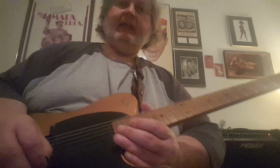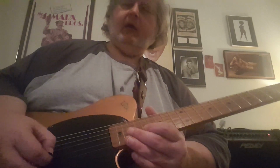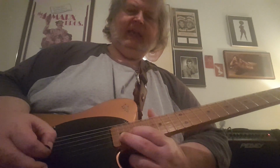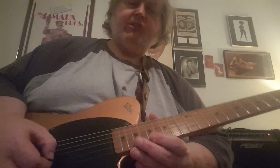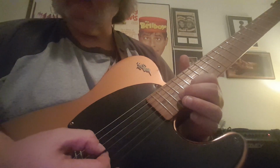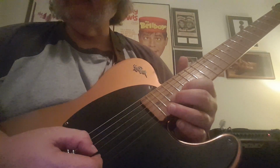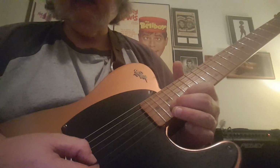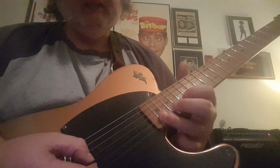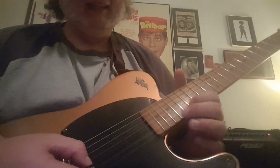And then there's one other harmony line just to that part that goes, see. And that's 17. This is on your B string at the 17th fret. 17, 19, 21, 19, 17, 16, 17, 19, 21, 19, 17, 16. So at speed you got